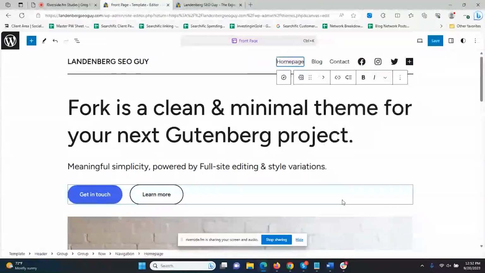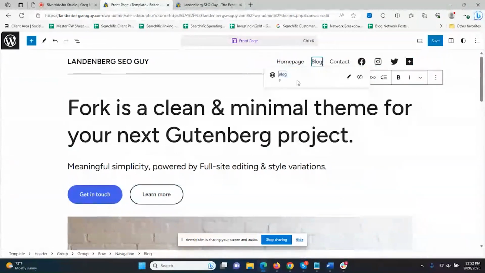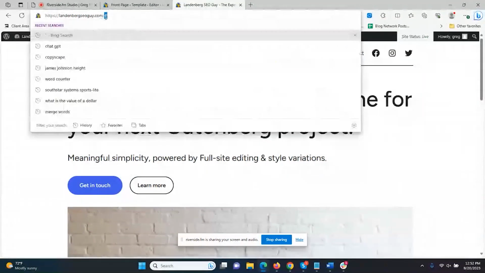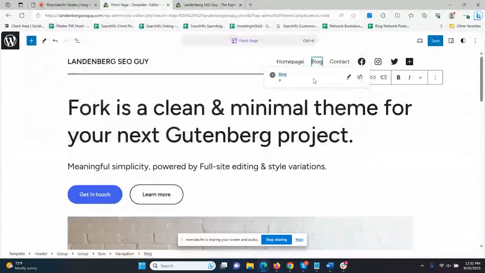So, for example, if I want blog to point somewhere other than where it's currently going, if I click on this button here, currently the blog is actually just going to my home page. It's actually just the pound sign, which means just stay on the current page you're on. So if I hover over blog here and I click it, it just goes to the home page with this pound sign, because that's what the URL is set as. Now, if I want that to go to my home page,